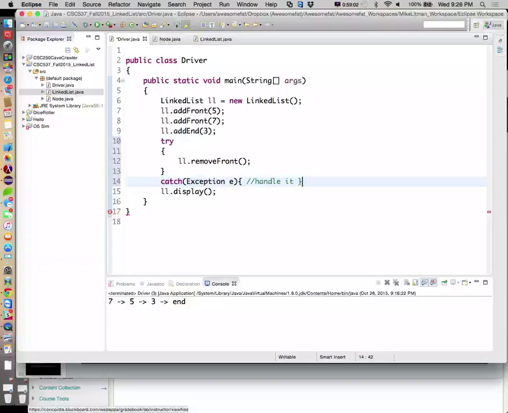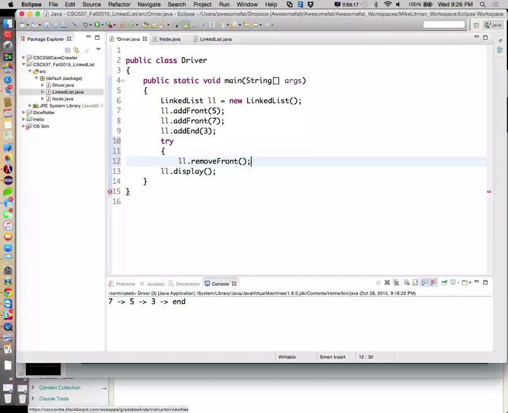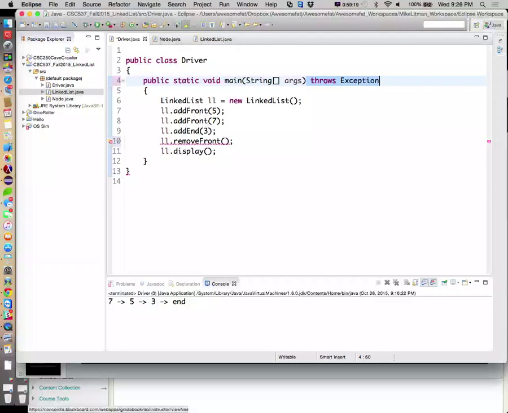This would be the more appropriate way of doing it if we intended to do something about the error. In our case right now, we're not going to do anything about the error because we're learning more about the data structures and how things connect to each other rather than writing an application that needs to handle errors and stuff like that. So for our example, I would say that's appropriate. But in general, I would say this is bad programming practice to constantly pass the buck. Okay? But we'll go ahead and remove front.